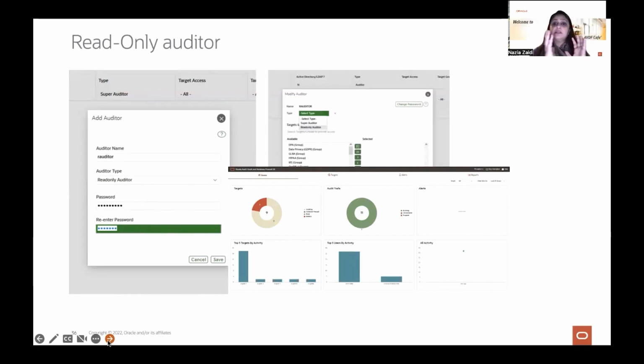So all the targets under your GDPR group, for example, you can assign to that particular auditor and they can review those reports. Or let's say there is an auditor for RBI or PCI kind of activity, you can give a group of targets under that category to that particular auditor to review the report and review the alerts, etc. So once you log in as a read-only auditor, your dashboard will show data particular to the targets assigned to you.